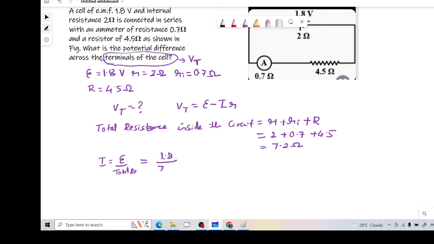The total resistance is 7.2 ohm. So 1.8 volt divided by 7.2 ohm will give us 0.25 ampere. So now we know the value of I, and we also know the internal resistance value and the E value. So all these things from equation number 1,